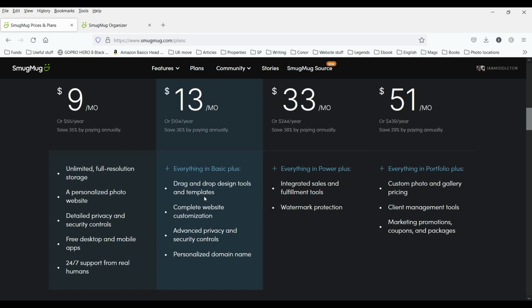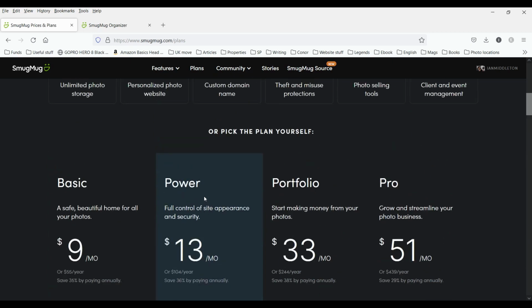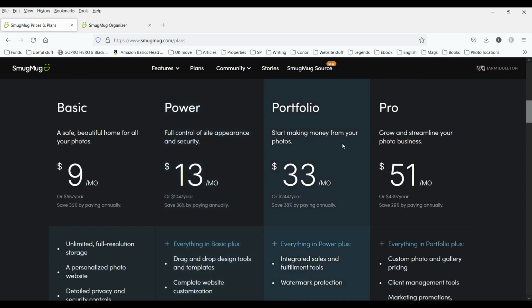You can purchase your own photos, but you can't integrate that and make your photos available for sale to the public. So you need at least the portfolio plan for this. But as I said, if you can't afford the portfolio or pro plan because they are a bit more expensive, then there is another way to do it, which I'll show in the second video. Okay, so to get started,